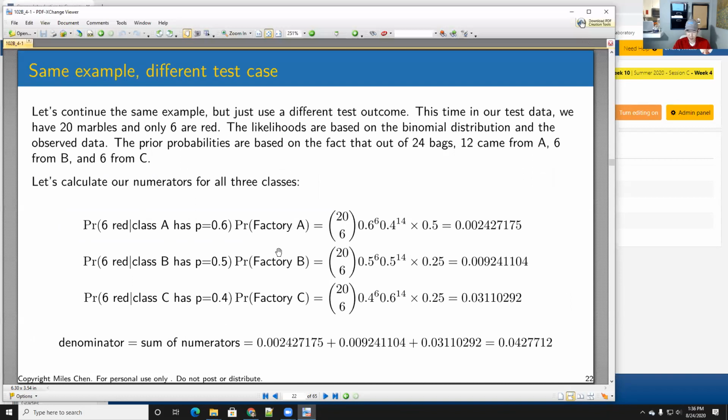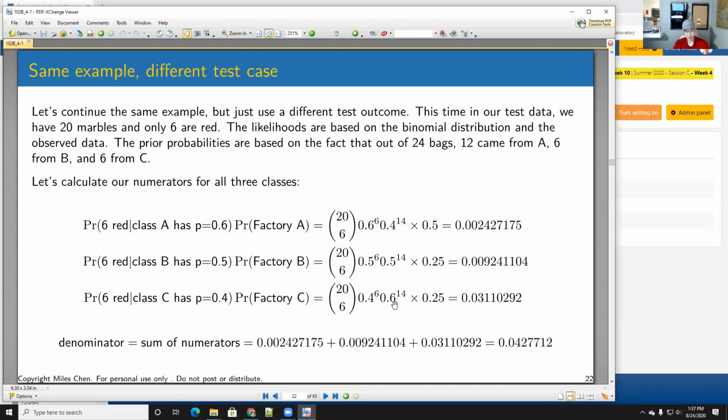It's the same example, but this time when we opened up the pouch, there's 20 marbles, and only 6 of those marbles are red. Okay, only 6 of the marbles are red. And so when we ask, what's the probability that this comes from factory A, or factory B, or factory C, then what happens is that,